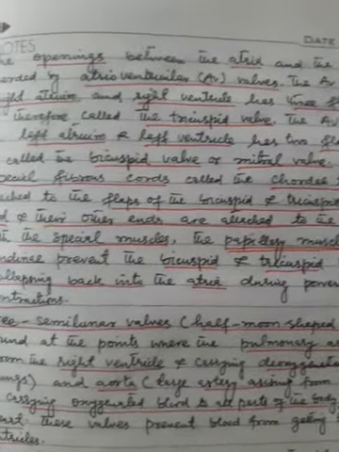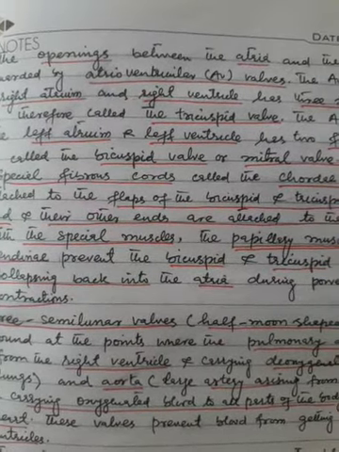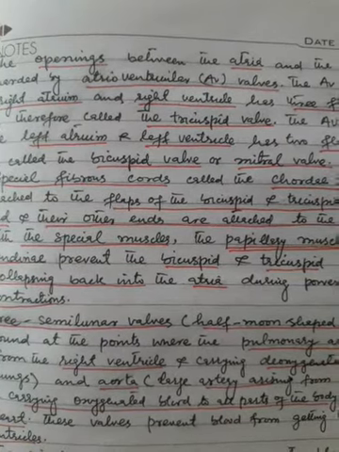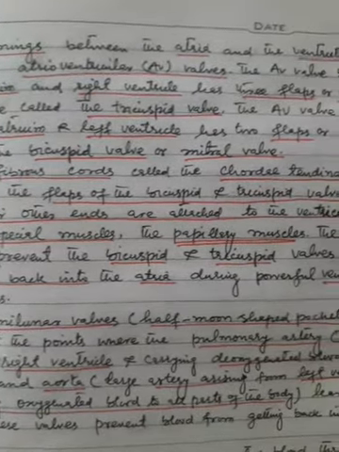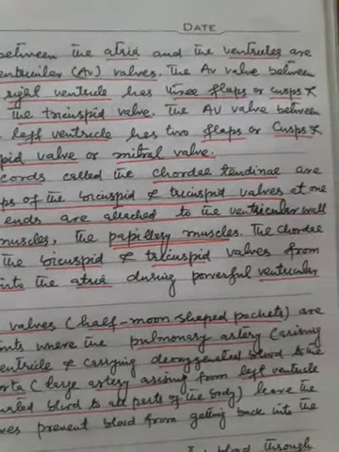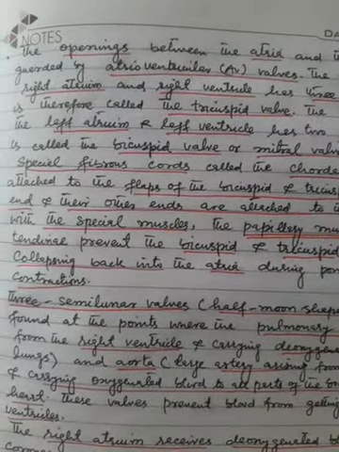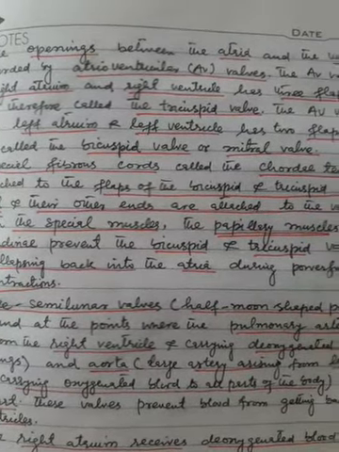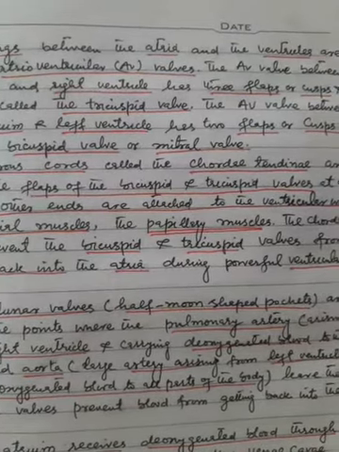The chordae tendineae prevent the bicuspid and tricuspid valves from collapsing back into the atria during powerful